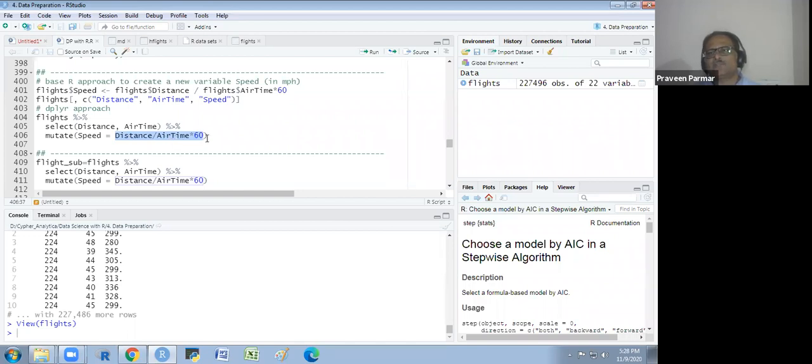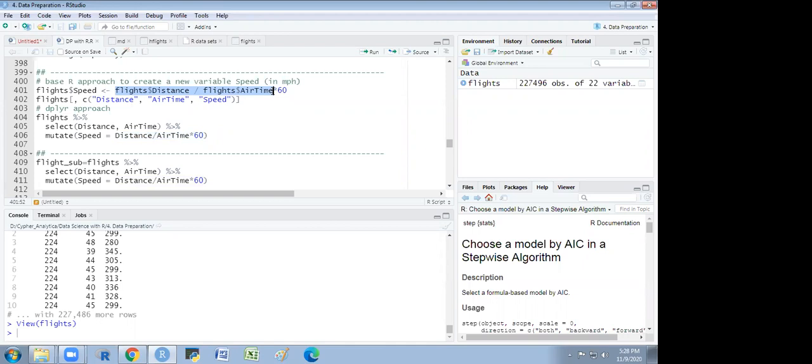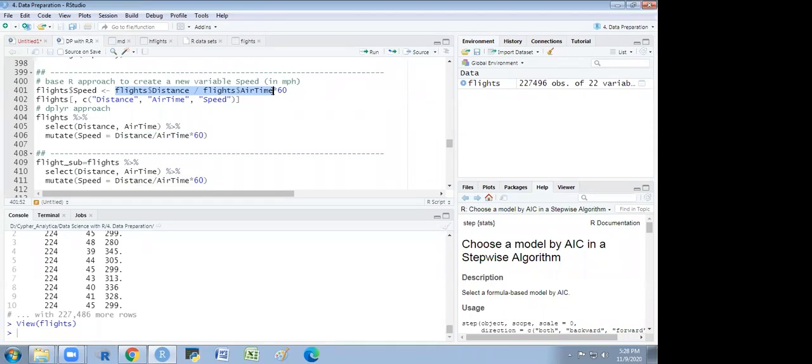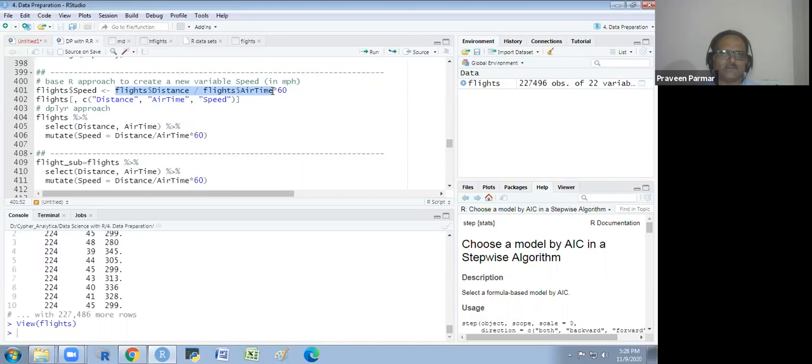Praveen, you are asking why we do not put the brackets in the speed equation? We could put the bracket in the speed equation here if you want. We get the same result, because you know that the BODMAS rule is applied everywhere. The division will come first and the multiplication will come later, so this process will work first.